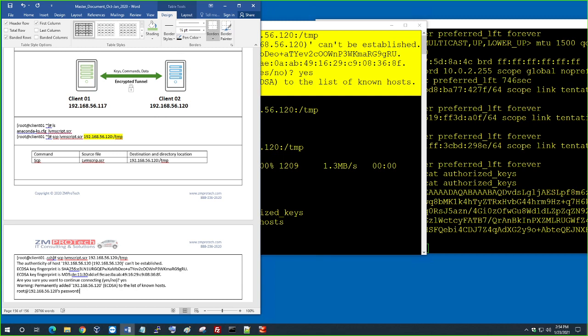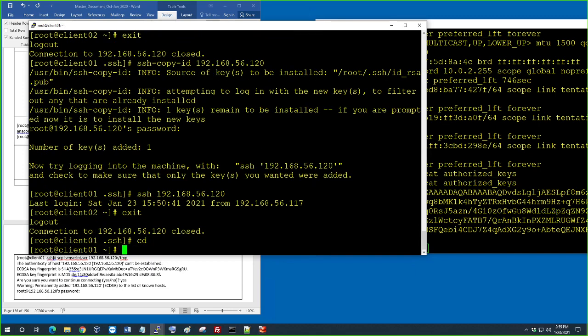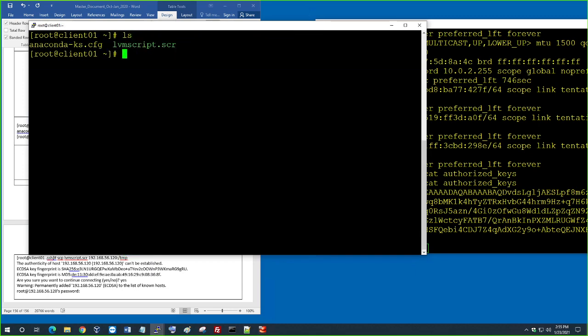So let's see here, if you want to do the folder here, what I'll do is mkdir transfer. Okay, I go into cd transfer